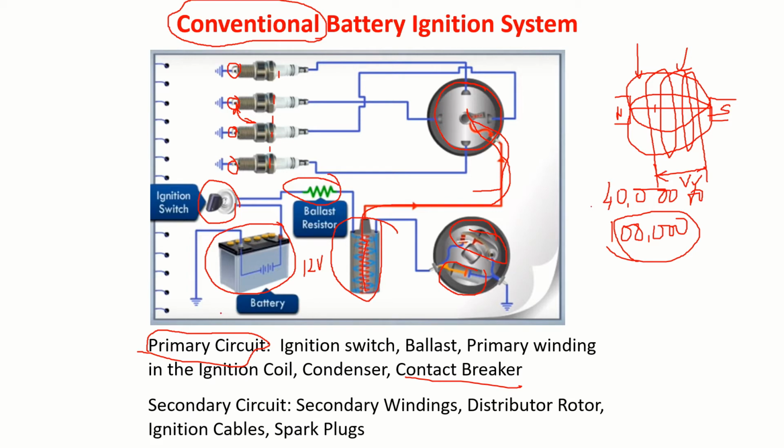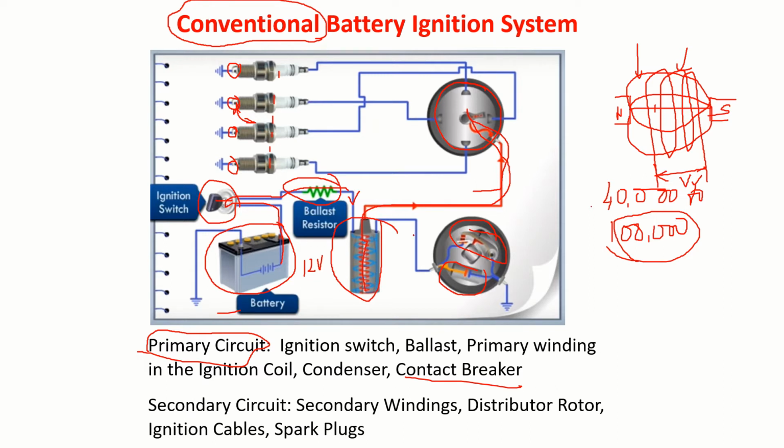Now, once the ignition switch is closed, we say the primary circuit is closed. Look here, the primary circuit is closed this way. So this will become a single unit like this, and the current will start passing through this. This is a ballast resistor. If all of a sudden a high value of current is flowing, we use a resistor to reduce that. This current passes through this primary coil.